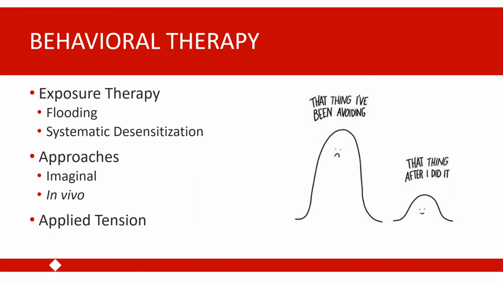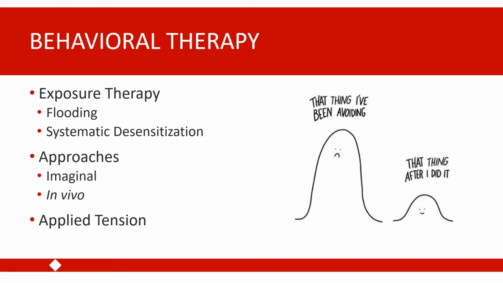We're going to wrap up talking about behavioral therapy by talking about a specific form of behavioral therapy called applied tension. Applied tension is a specific form of behavioral therapy that we use for our blood injection injury phobias. So remember that our blood injection injury phobias have this unique characteristic where the physiological response that an individual experiences is a drop in blood pressure and sometimes even fainting. So rather than attempting to reduce an individual's physiological anxiety when we're treating a blood injection injury phobia, what we actually want to do is to increase their physiological arousal to prevent this drop in blood pressure and prevent this fainting.